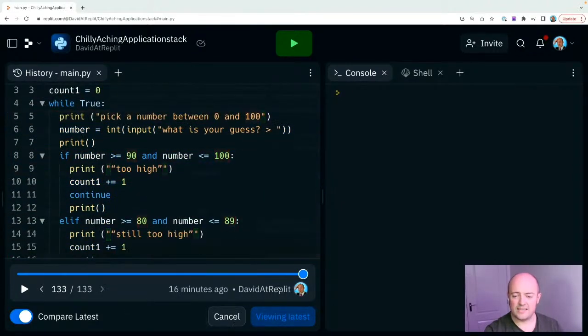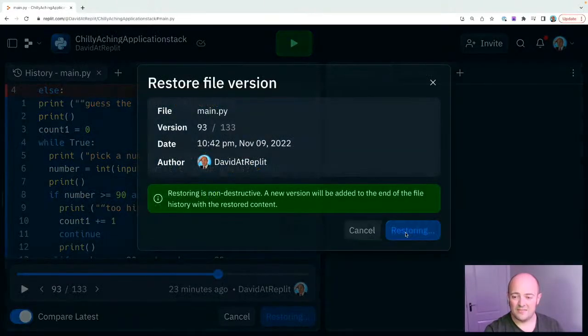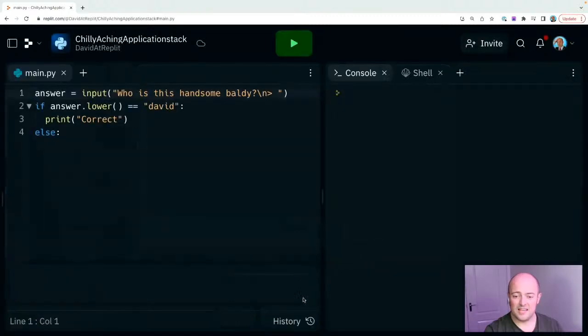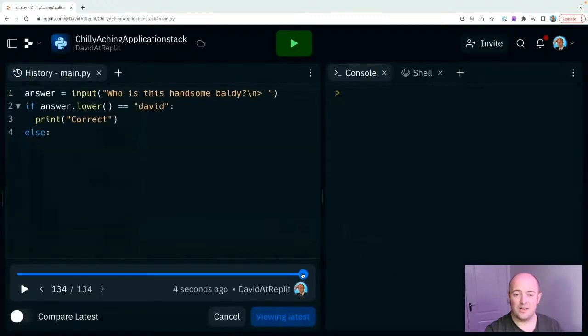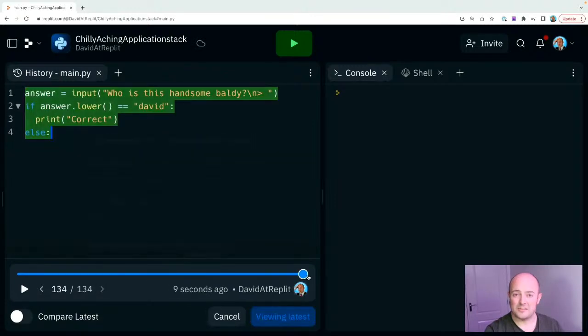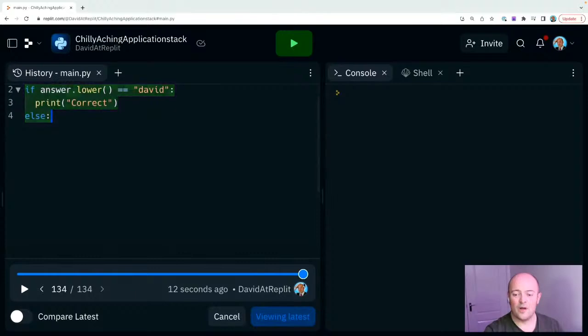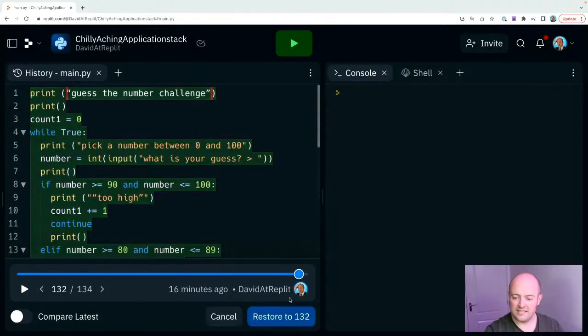REPL history is brilliant, especially if you restore it, because restoring it doesn't destroy the history, and it'll tell you that. Restoring is non-destructive, so what it does is it adds putting it back to the previous point. So I can actually go straight back to the previous line of code, and I can see that entire history still there. It's a wonderful thing, history in Replit.